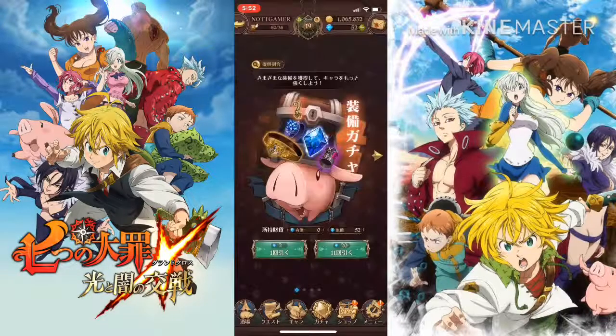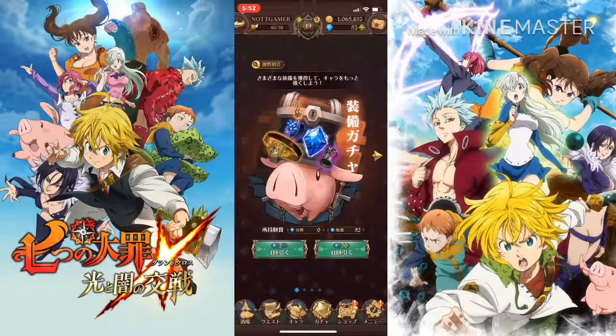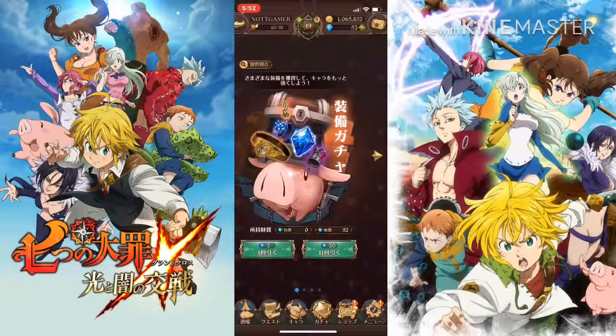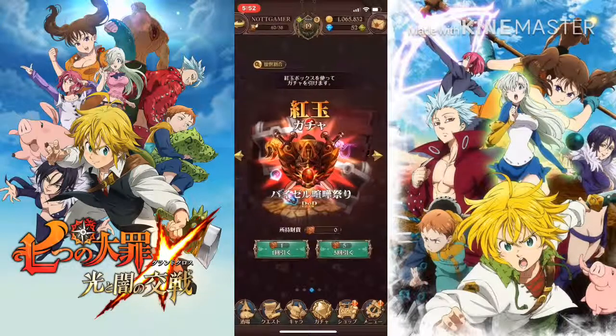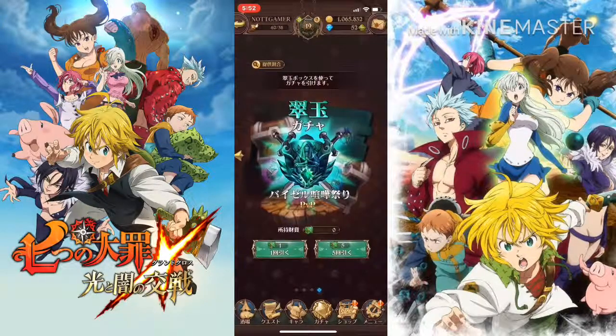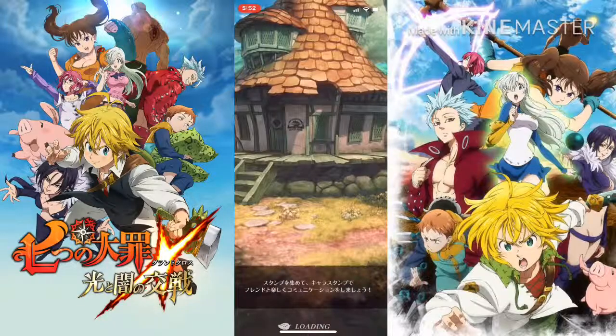And the Meliodas one, you can summon for stuff. I did my free summon to get this equipment. You have one free one every day. And here you unlock these with PvP, I think. Yeah, because it says PvP, so I'm assuming that you need to do PvP to get in that. So we go back home,